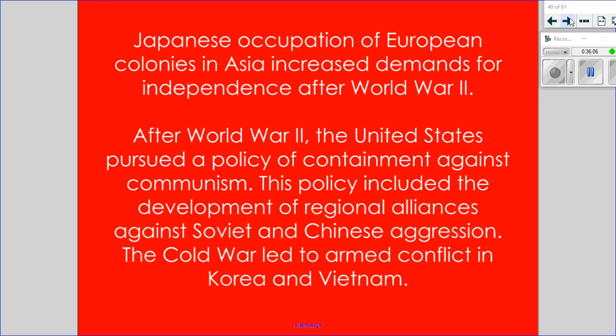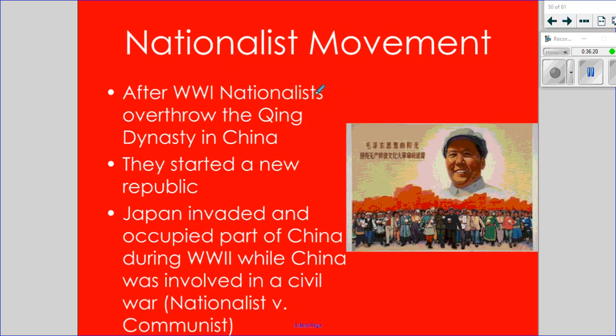After World War II, the U.S. pursued a policy of containment against communism, and that included the development of regional alliances against Soviet and Chinese aggression. The Cold War led to armed conflict in Korea and Vietnam. We talked about that. After World War I, you had Chinese nationalists who overthrew the Qing Dynasty in China and